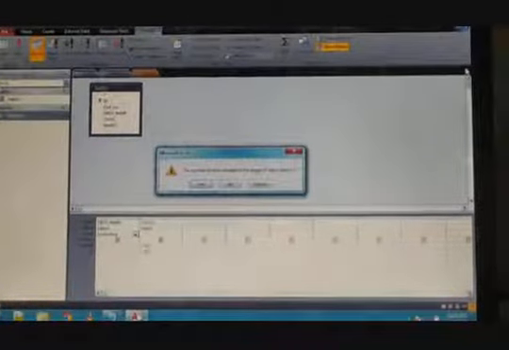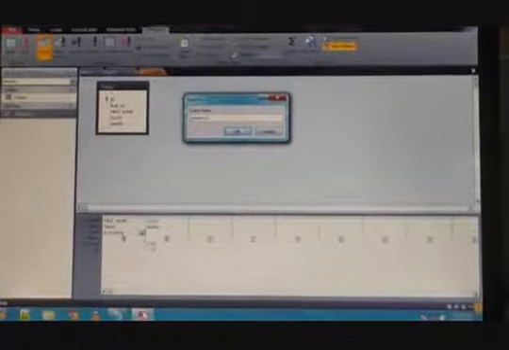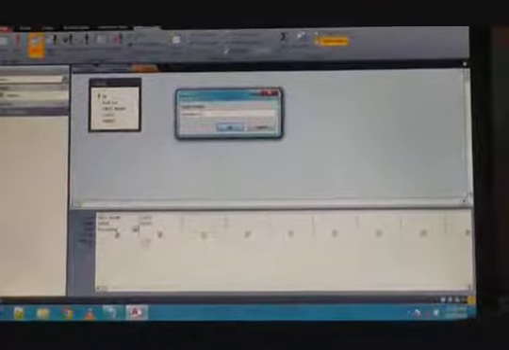Before closing I have to save it, so click on the Yes button. Here I am giving the name my query 2. When we applied simple criteria, we gave the query name my query 1, and here I am applying multiple criteria, so I am giving the query name my query 2 and clicking on the OK button.